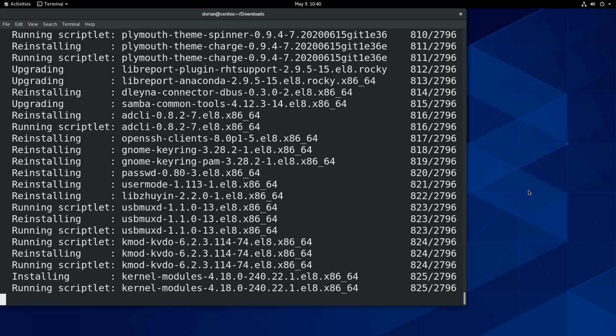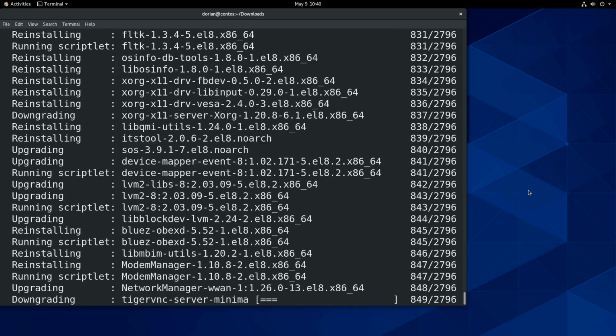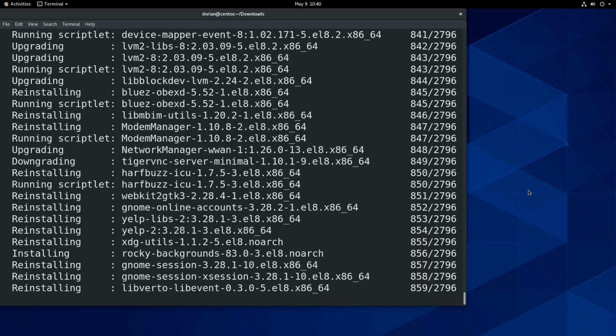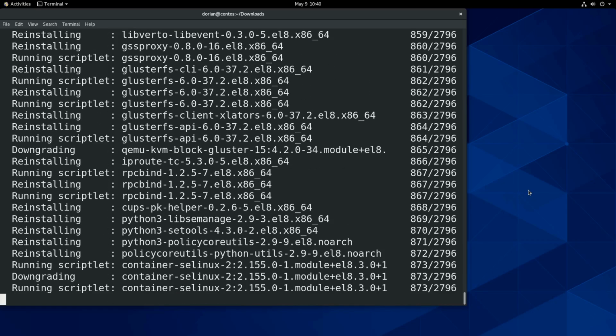I think it's pretty brilliant how they've done this in a way that you're not having to wipe your system and reinstall it from scratch. You're basically just replacing the underlying base CentOS system with Rocky and leaving your files and whatever services you've installed, such as my web server, leaving all those in place in order to just slide over to another distribution.